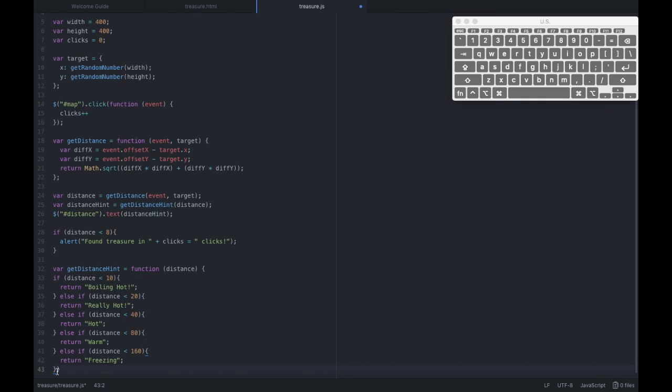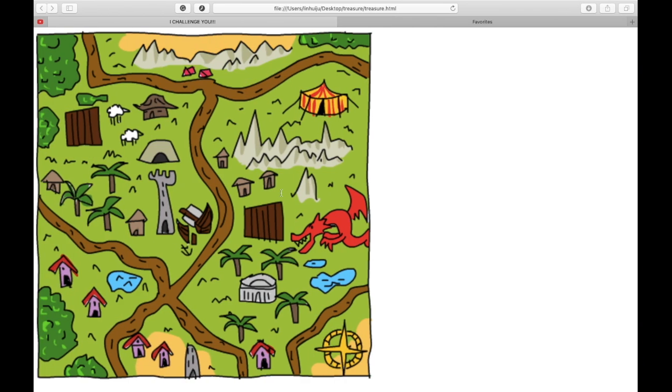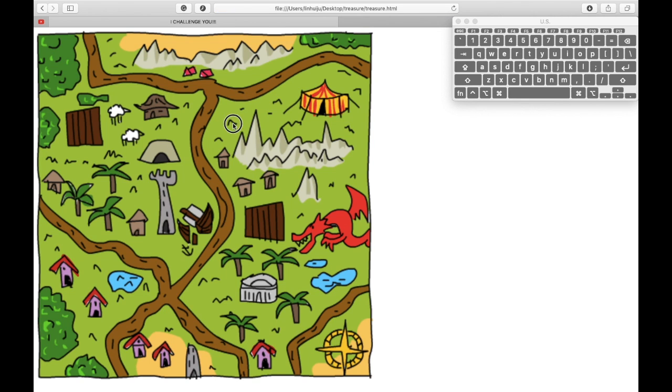Or else the player won't know where to go. So I think I have everything set. Let me just save the document. Let me come back to here. And if I click,